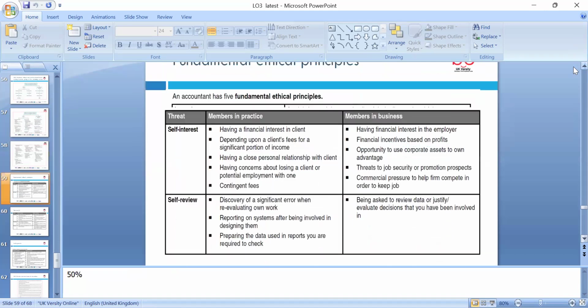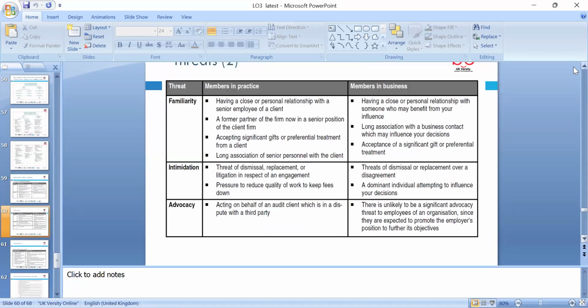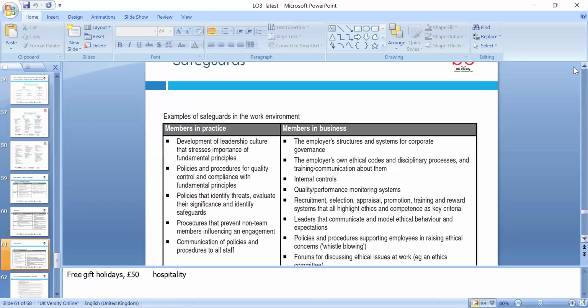And okay, so these all apply whether you're a member in practice or a member in service. We have to look at self-interest and self-review threats that lead to being compromised. Familiarity, if you know each other very well over a number of years. Intimidation, if your senior's job will be at risk, integrity and objectivity can be compromised. Advocacy, if you're giving advice to one client, maybe you compromise the other client. If you say I'm not giving you advice because both companies are merging together, maybe your confidentiality breaks, so maybe you advise one client and your other colleague can be. And safeguards need to be in place from our organization's perspective.